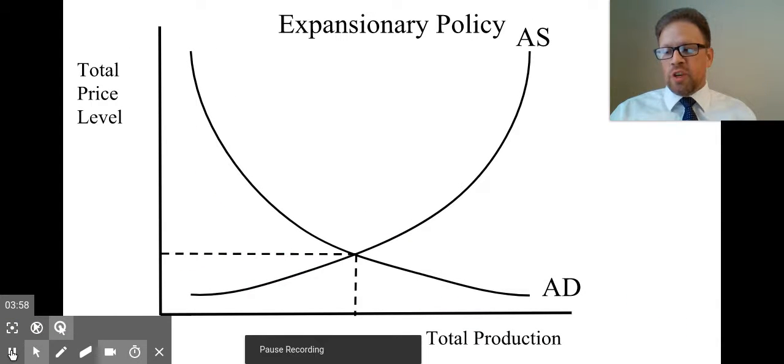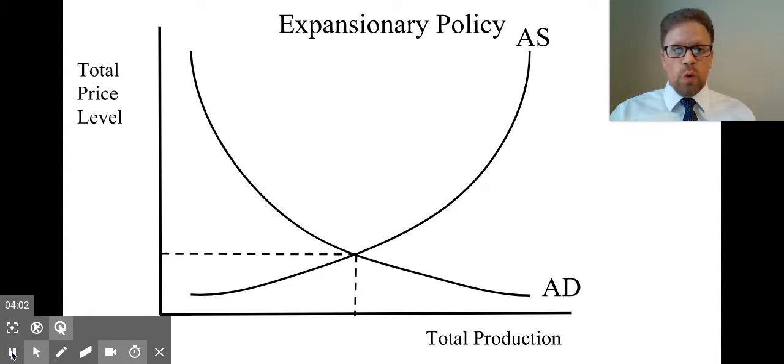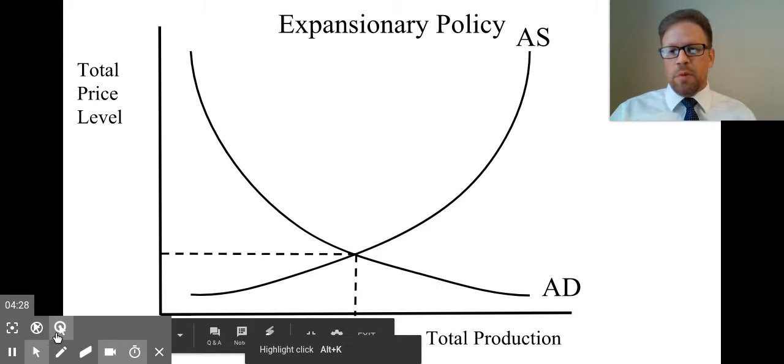When it comes to correcting the economy, the federal government really only has two options. Either they can increase the money supply or they can decrease the money supply. Now, if the economy is growing too slowly and therefore suffering from high unemployment, the government can correct this problem by adopting an expansionary policy. On occasion, this is sometimes called an easy money policy, meaning it's just a lot easier to find money.